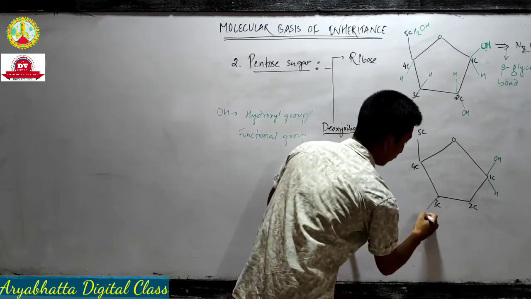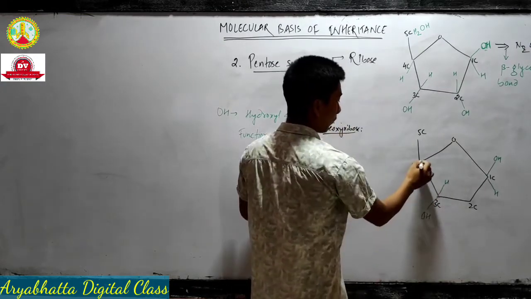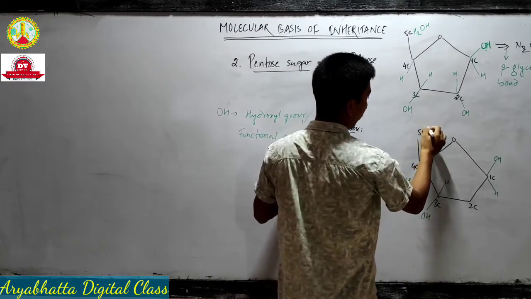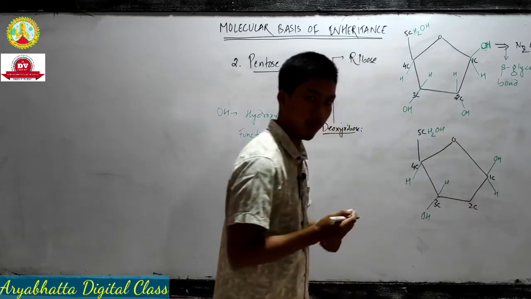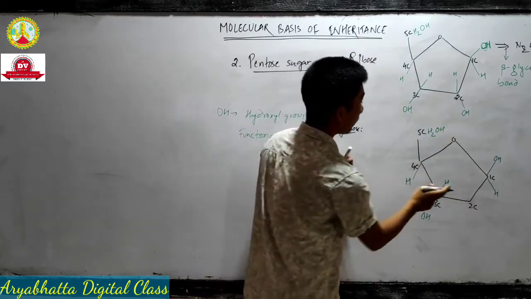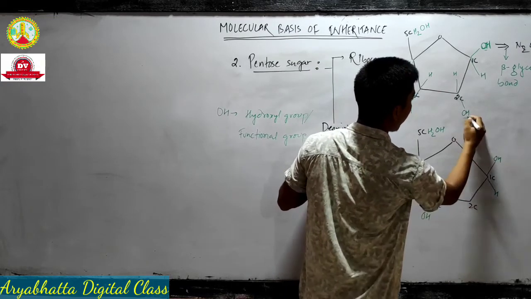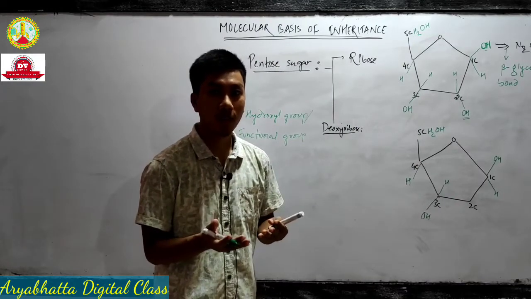At 3 carbon OH will be free, then hydrogen will be there with it. 4 carbon में सिर्फ हाइड्रोजन रहेंगे, OH ग्रुप नहीं रहते. 5 कार्बन में 2 हाइड्रोजन और 1 OH ग्रुप रहते हैं. ठीक है, now at 2 कार्बन देखो, ये at 2 कार्बन this OH group is replaced by single H in